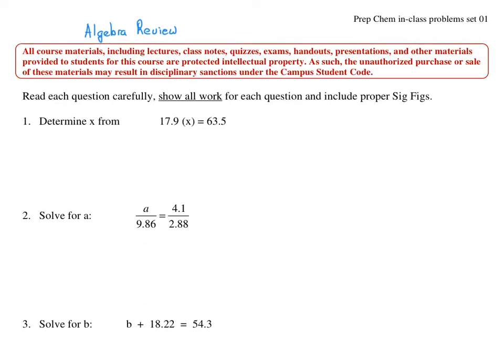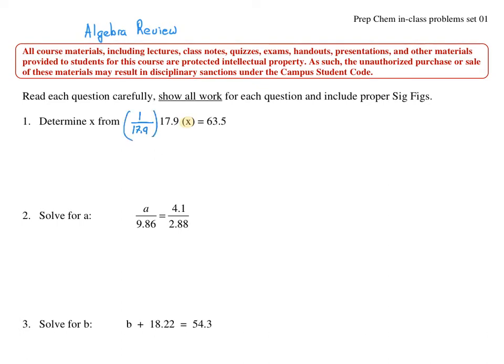We're going to do an algebra review. The first task is to determine a numerical value for x given the following equation. The first step would be to rearrange the equation such that x is on one side of the equation by itself. We can get x by itself on the left-hand side if we divide